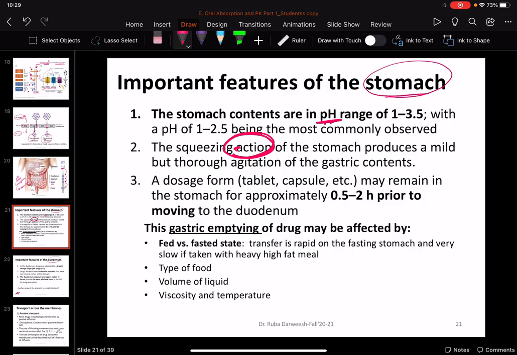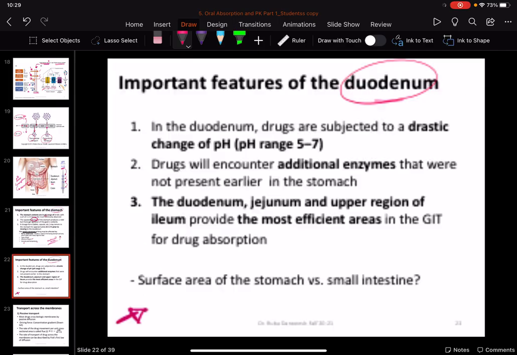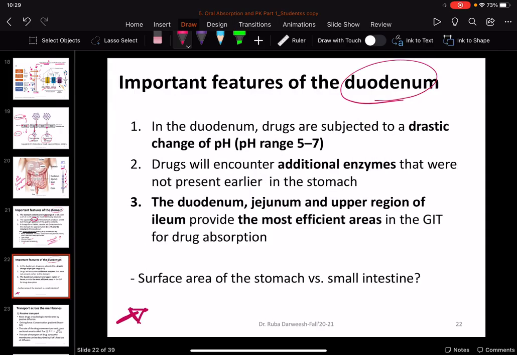It would also differ in a fed state rather than a fasting state, the liquid that we have, the temperature, the viscosity of the material inside, and, which is very important, the sectional area of the stomach compared to the small intestine. You know that the surface area of one of them is larger than the other, so if absorption depends on the surface area, it would be larger in one compared to the other. Okay, and